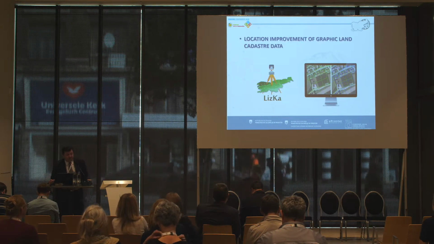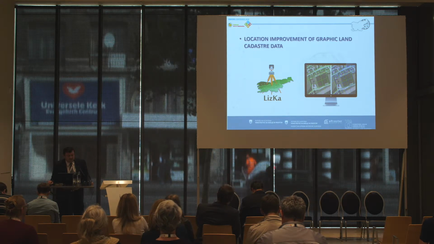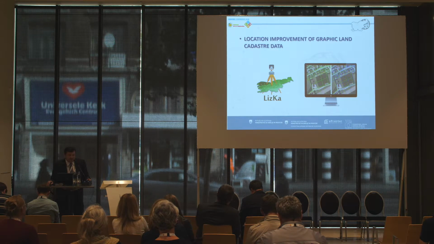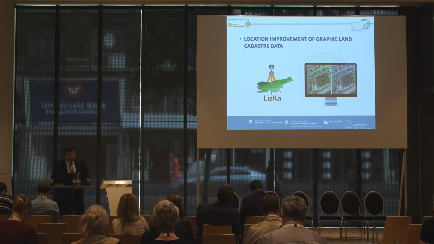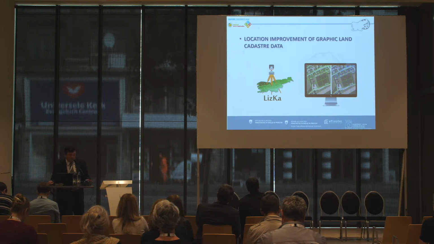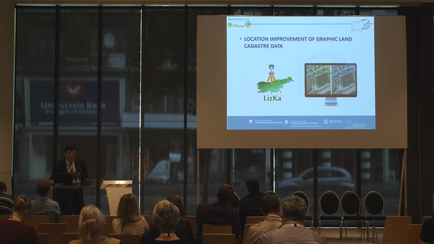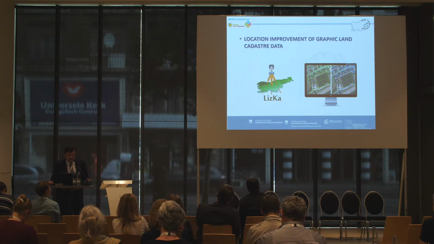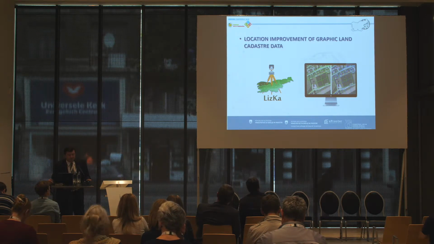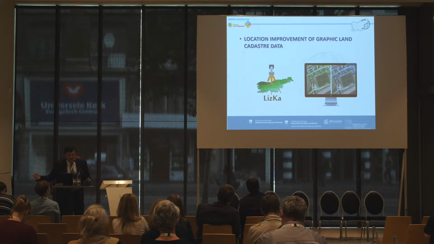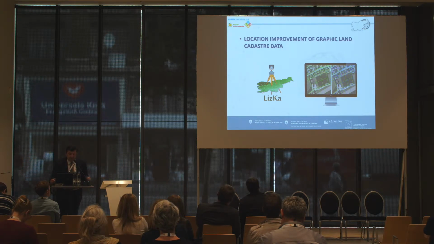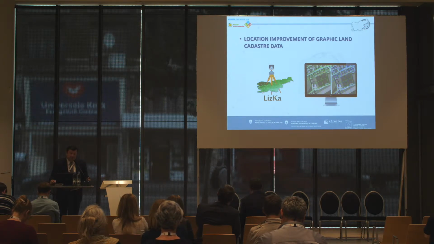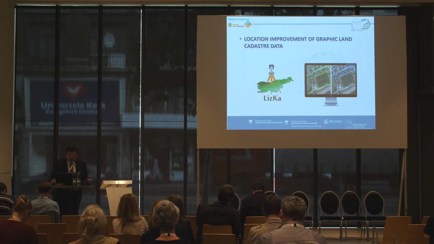So to achieve this, we firstly need to improve the existing data sets. One example is related to the geographical part of the land cadastre data, because in the past we vectorized the old cadastral maps and tried to reference them into a national reference system as much as possible. But when you put together all this data and combine it with other topographical sources which have better positional accuracy because of the original source, then we are faced with several questions about harmonization, or how the different data sets fit between each other, and we decided to do some improvement on the graphical part of the land cadastre